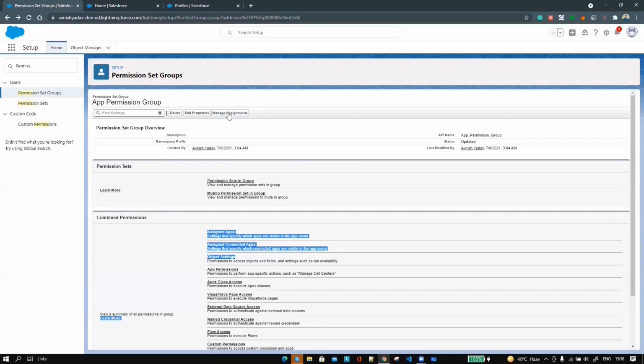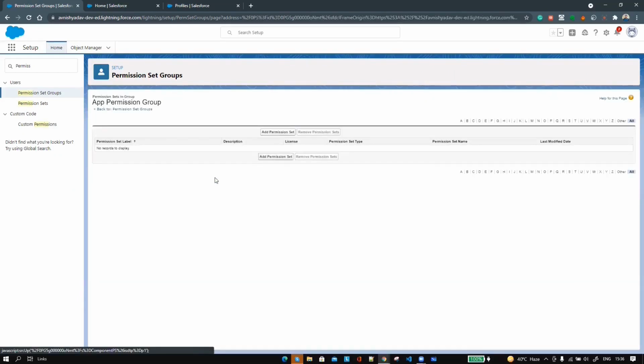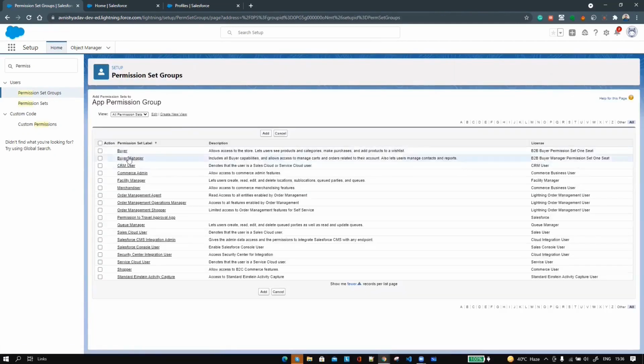So for our demonstration, let's add a permission set to this permission set group. For that, I am going to click on this permission set group in the first section, click on the Add Permission Set button, and choose which permission set you want.